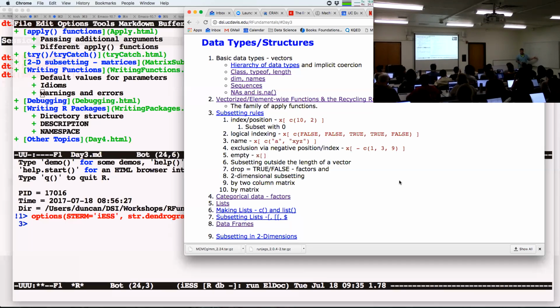Why does this cause grief? When you're sitting there interactively, no problem, this is all going to behave itself. Then you go off and do something with a large data frame, and again, everything's fine. And then you say, now I'd like you to group by these different groups, and then do something to each group. One of those groups, on some occasion, will actually end up with no observations in it. And now you're toast.